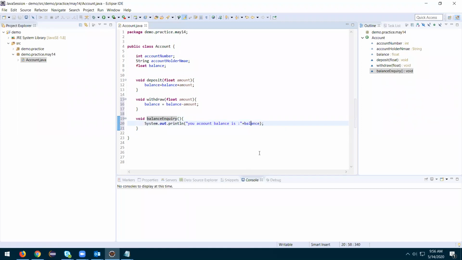That's not important right now. So as of now, these three are the behaviors of account.